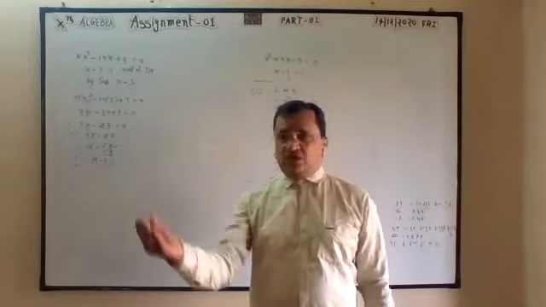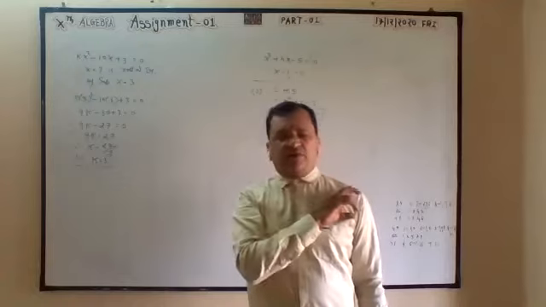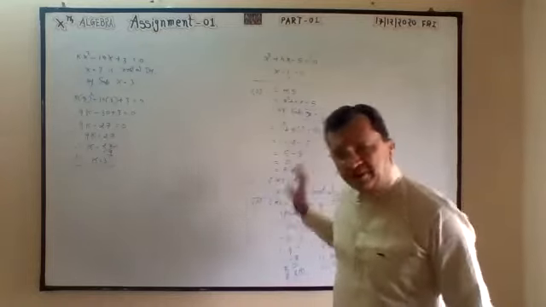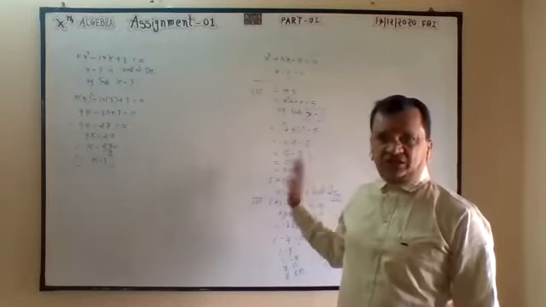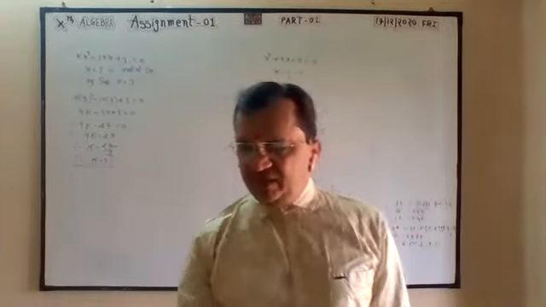We have to find the unknown. When the root is given, at that time you have to use both left hand side and right hand side. When you have to check whether it is a root or not, yes or no, at that time only use the left side. Be careful in this sum, okay?